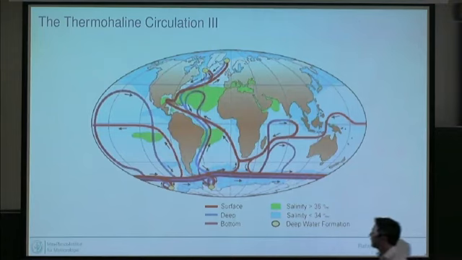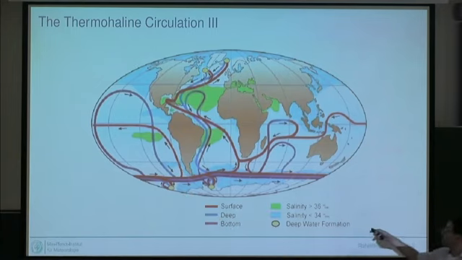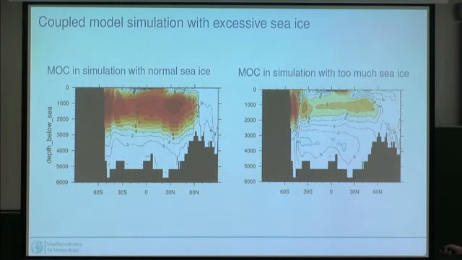We do have similar sites here in the Antarctic, but what I've just shown here is related to what happens in these two regions here. And as we now get sea ice into those regions, we don't have enough heat loss anymore from the water. So the water doesn't become cold enough anymore in those regions. It doesn't become dense enough anymore. It doesn't sink anymore. And so this sinking branch here becomes weaker and weaker. And basically this overturning circulation shuts down.